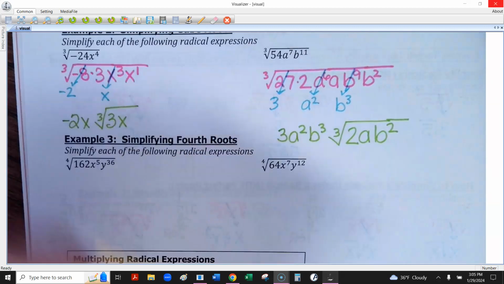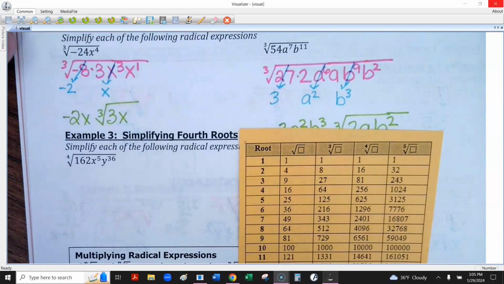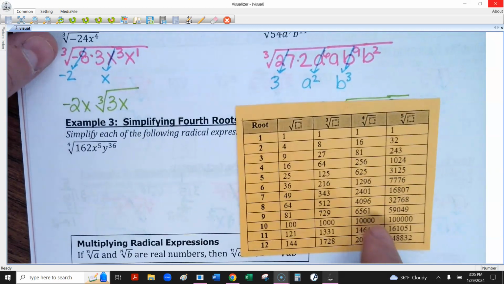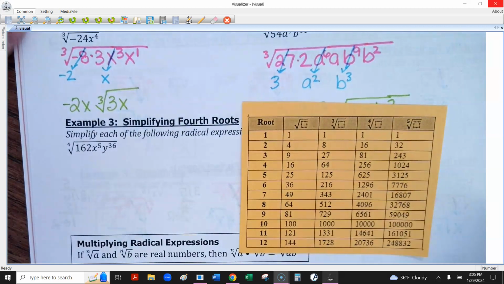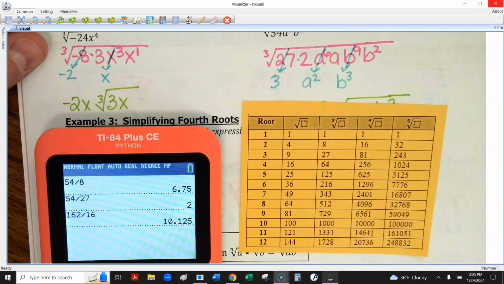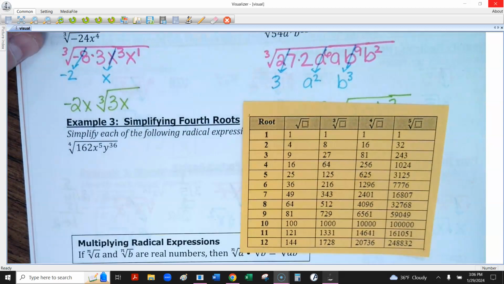And then this last example here, we're going to move on and do a 4th root. So I'm going to look at the 4th column. Okay, 162, there's not really too many to check because 256 would be too big, so I just have 2 numbers to check. So I'm going to do 162 divided by 16. Nope. 162 divided by 81. There we go. So 162 is 81 times 2. So under my 4th root here,